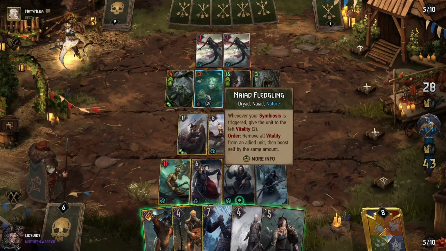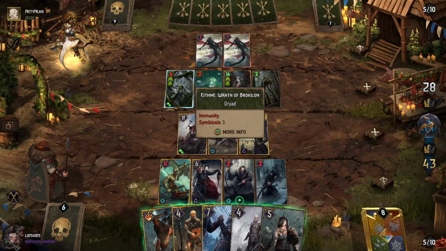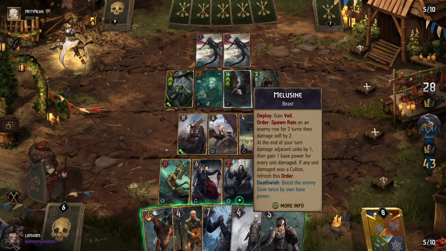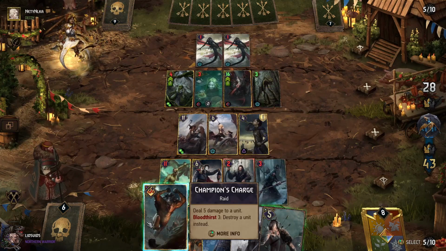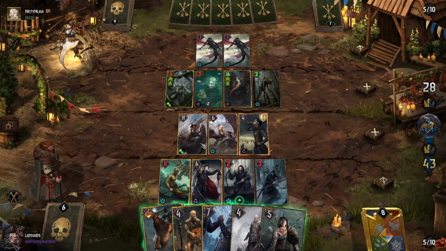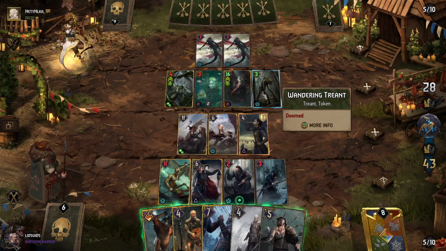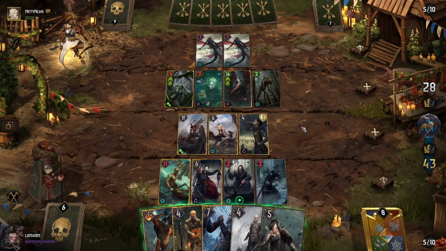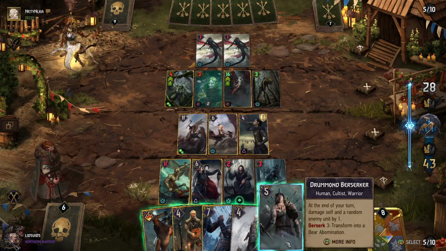More damage units. Ethne is going to remain damaged for a while now, but she's not about to get destroyed by Melusine, so it's not like we urgently need to use Champion's Charge because we're about to lose that Bloodthirst kicking in. You're also going to be damaged. Wandering Treant on this side means there's still something that's getting damaged from Melusine over there as well, so all looking fine, and even gives us a little bit more margin for error here,